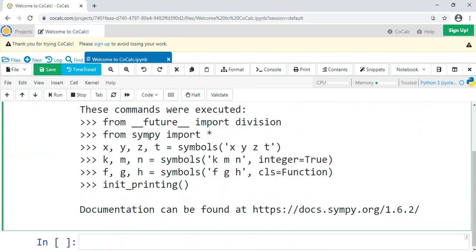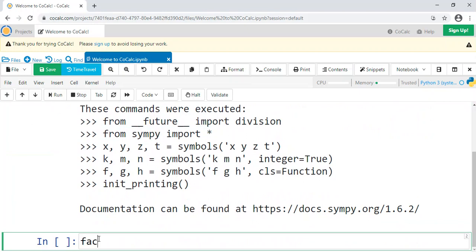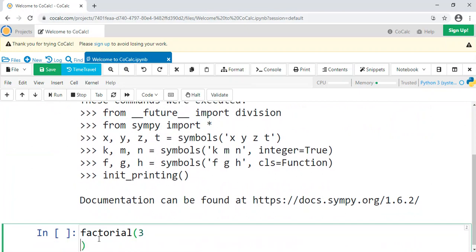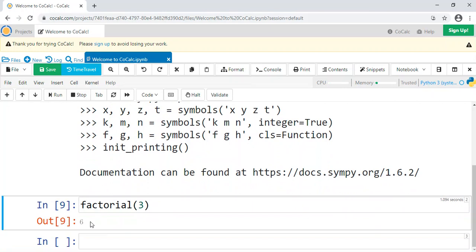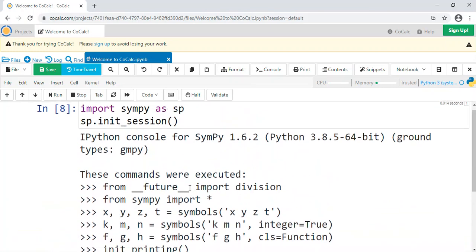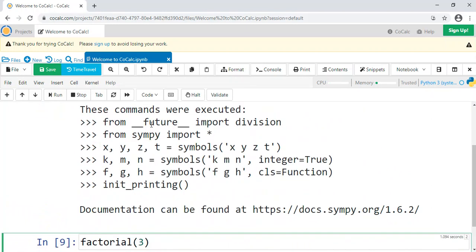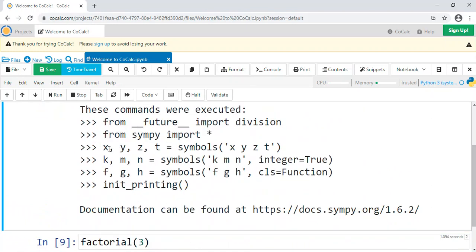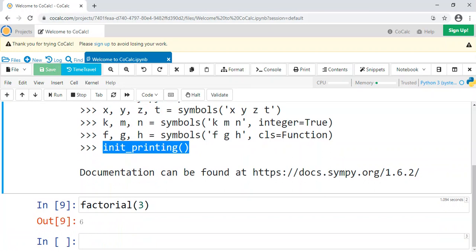Of note, it does from SymPy import all. So from here on out, you would just do factorial of whatever it is, and it'll do it for you, right? It'll give you that 6 because you've imported everything from SymPy, so you no longer have to do sp dot. So that's a caveat there. It'll also define some symbols, which we'll talk about later, and it also does that init printing that I mentioned before. So that's a nice handy thing, and you'll see that a lot.